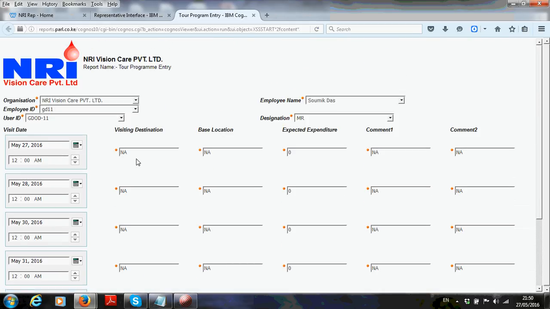Once I do this, you can remove NA and type in maybe visiting destination. I can type in Bhubaneswar. Base location is for me expected expenditure. If you have some, like 100, comments.